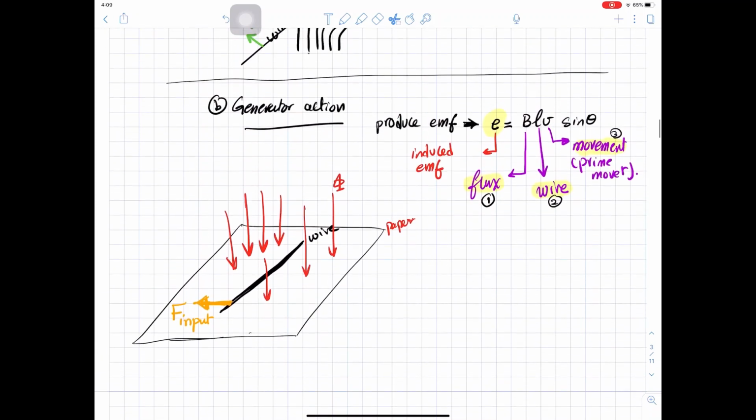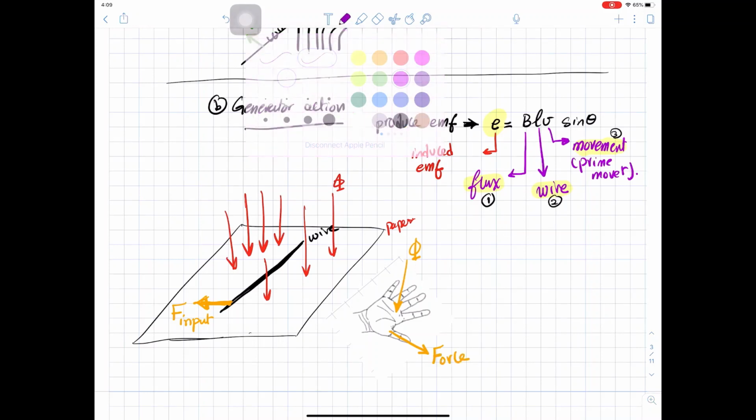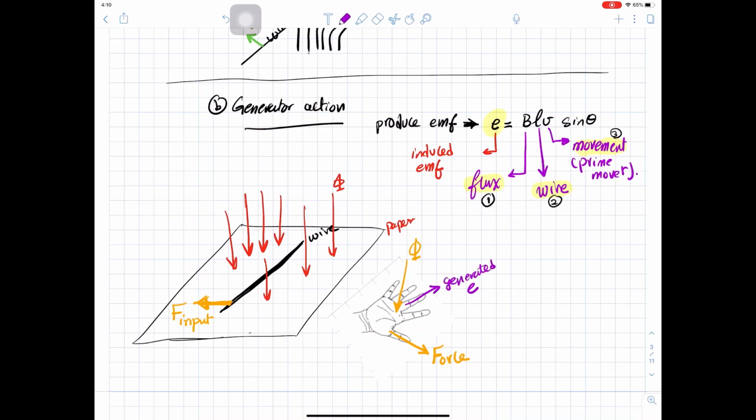So let's bring my right hand. It follows the right hand rule. For the right hand rule, you receive the flux into your hand. Your thumb points to the direction of the force. Your fingers will point to the direction of generated E. So generated E will be in this direction, which means here is negative and here is positive. So according to the right hand rule,